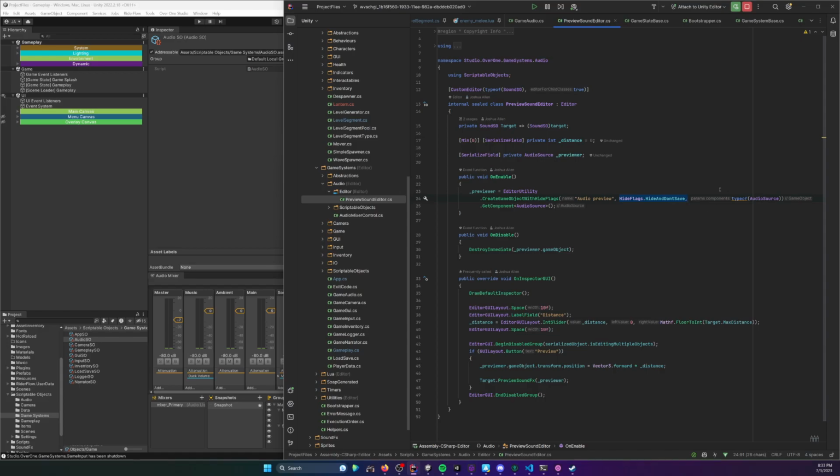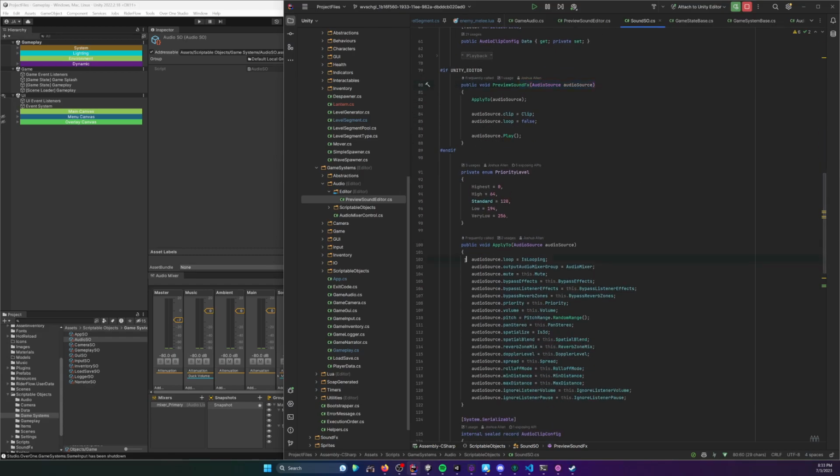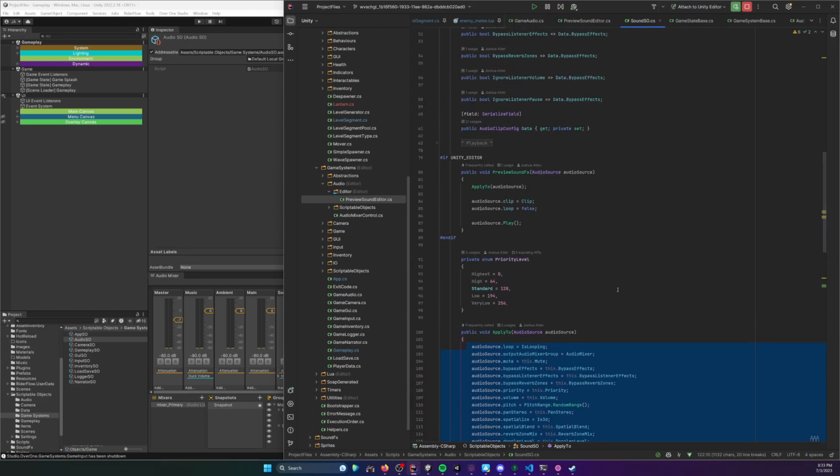And when I click the button, I call this preview sound effect function on the sound SO. All it does is take the audio source that's kind of hidden in the hierarchy, apply the audio settings to the audio source, and then it moves